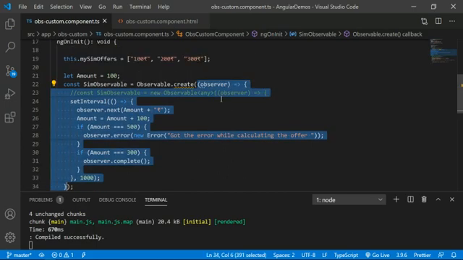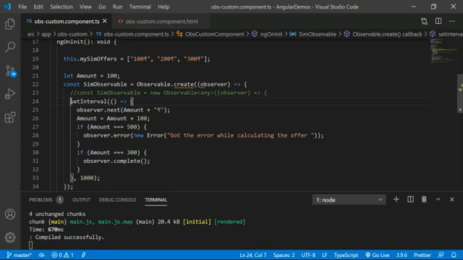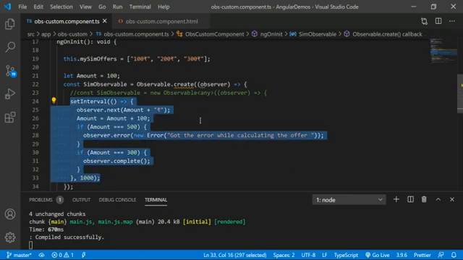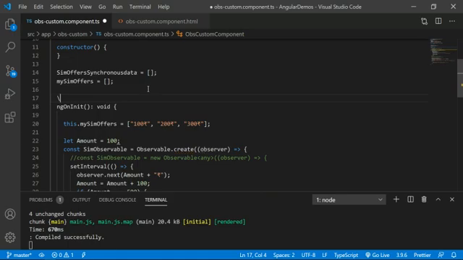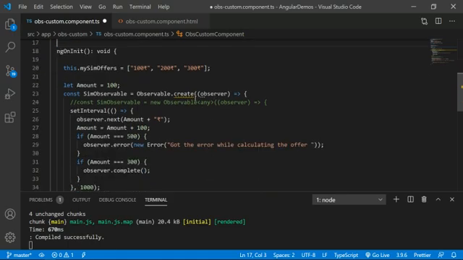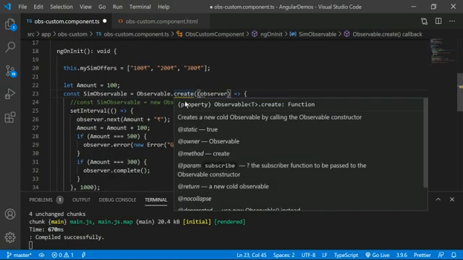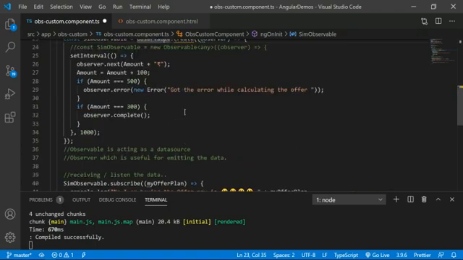So I can take one function containing this same body and pass that function into Observable.create. Can I pass that? Yes, you can pass that.